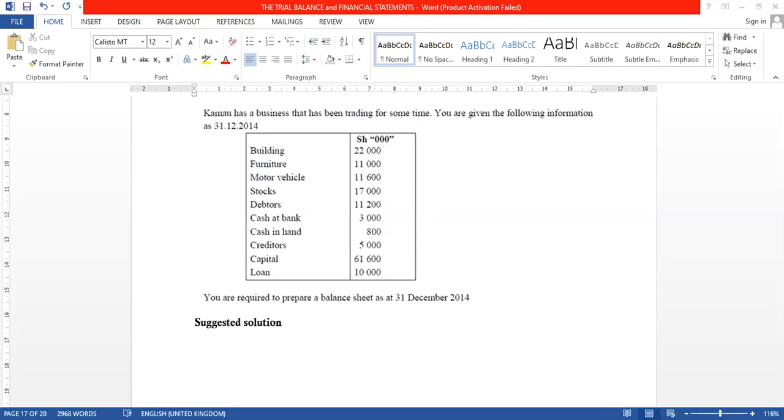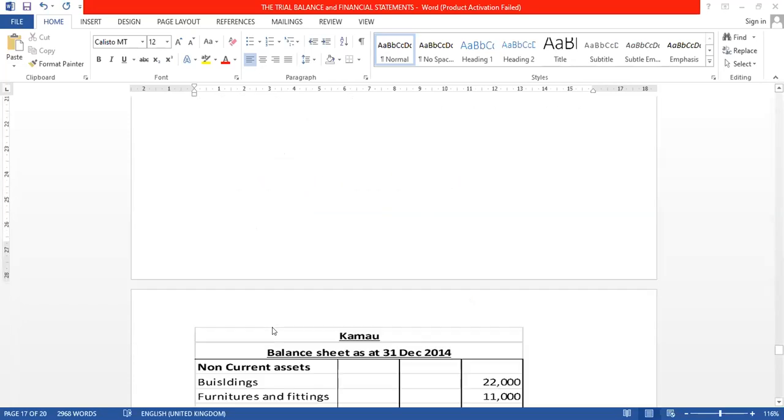Creditors. Creditors, liability. Thank you. And then we have capital there, which is the owner's contribution. And then we have loan. What will constitute loan? Liability. Thank you. Having identified that, the next thing is